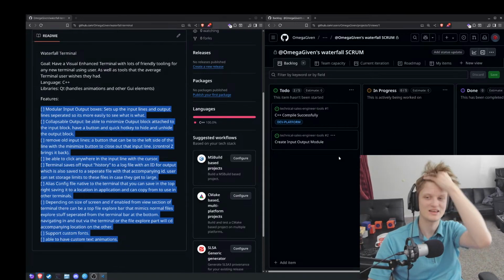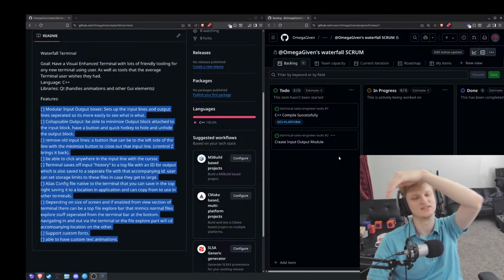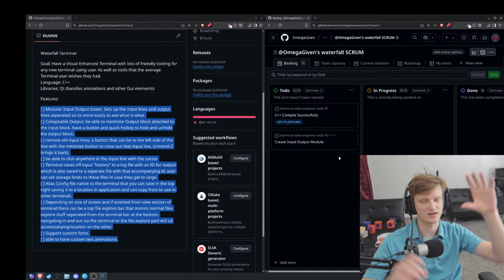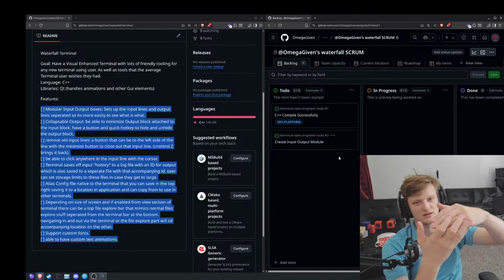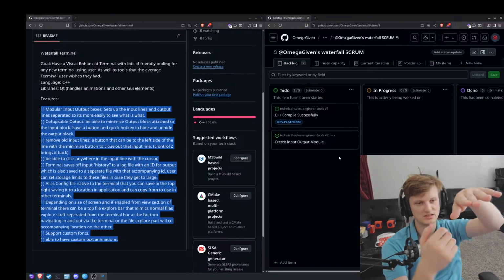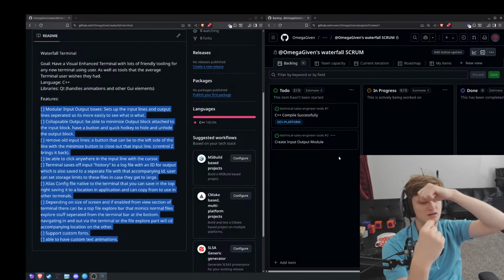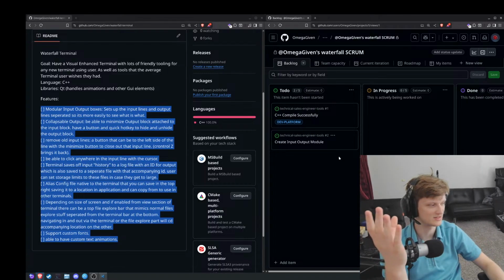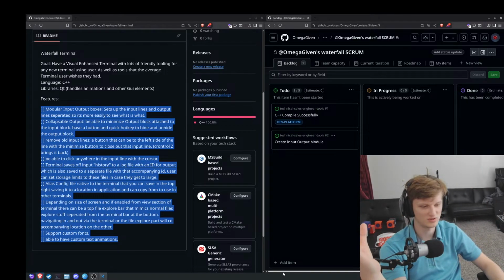All right, so we create the input output module. So we have to compile, then we create the input output thing where we can request input and it outputs some kind of output, literally just a print line. That's literally a hello world. You print something to create hello world. That's basically what it is.